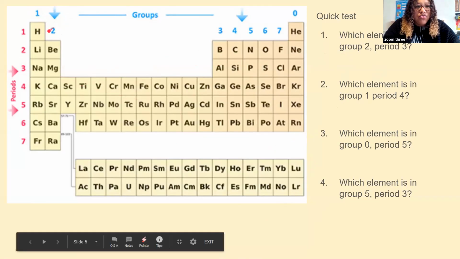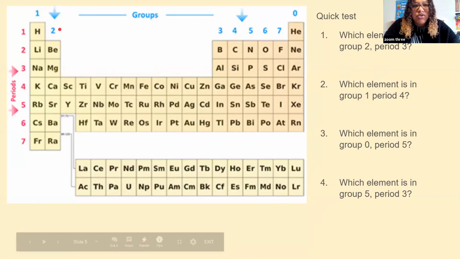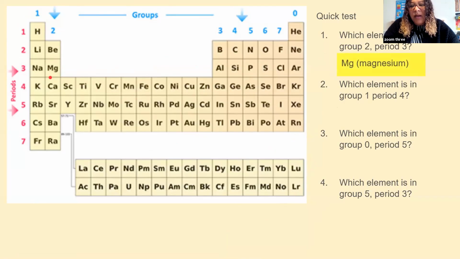So we look along here. Here's group 2, period 3. 1, 2, 3, and that is here. Magnesium. I'm going to give you a moment to just quiz yourselves on which element is in group 1,